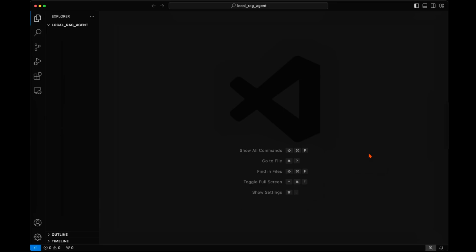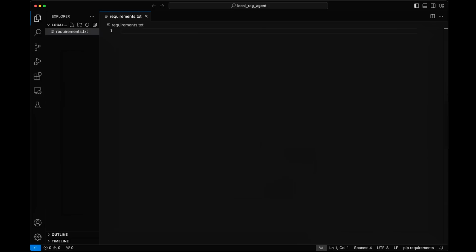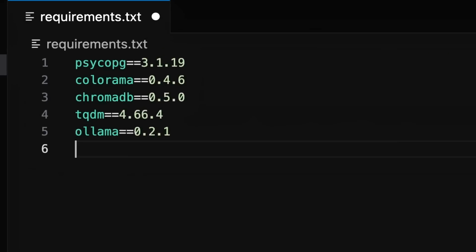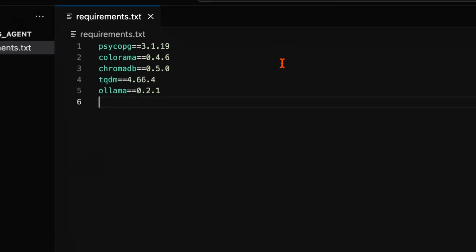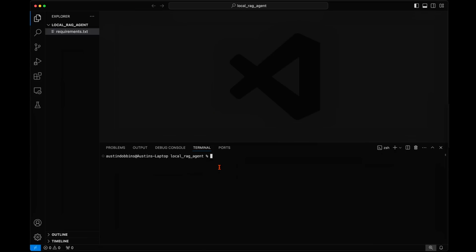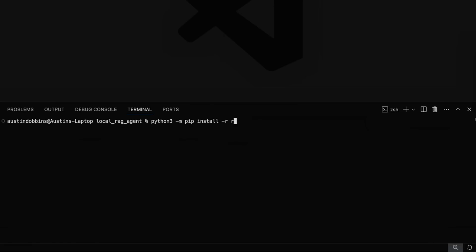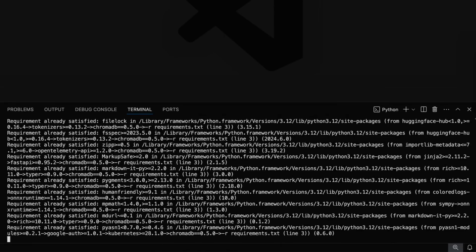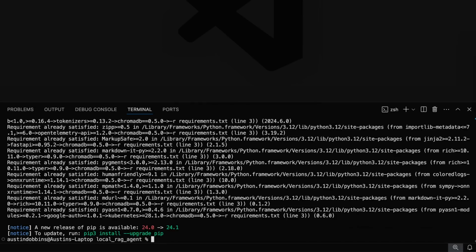Next, we can install the Python libraries we will be using to build our RAG agent. Create a file called requirements.txt, then copy all of the text the same as mine and save this requirements file. Open a new terminal for Mac and Linux users or command prompt as admin for Windows. Now run this command to install all of the Python libraries in requirements.txt. After hitting enter, watch your terminal output during this step and make sure you don't get any error messages while